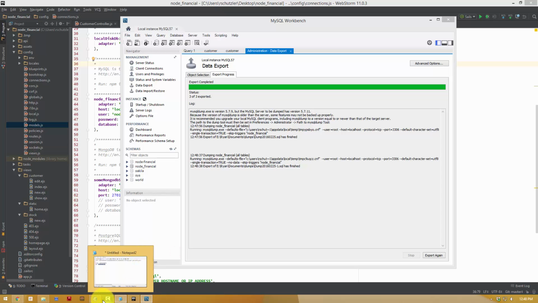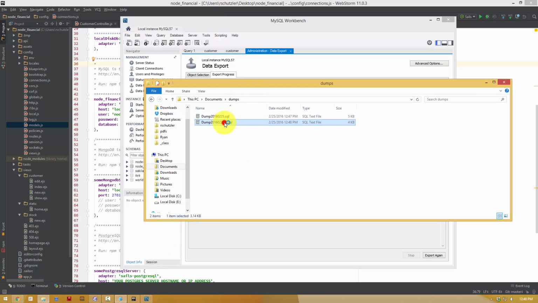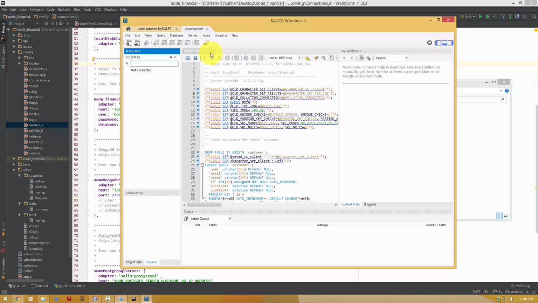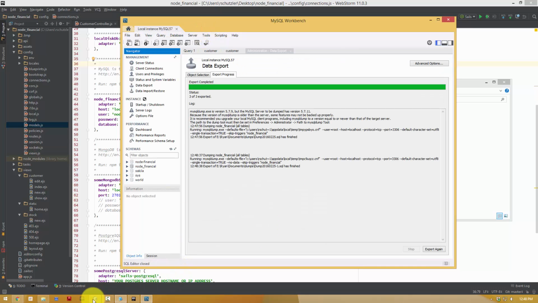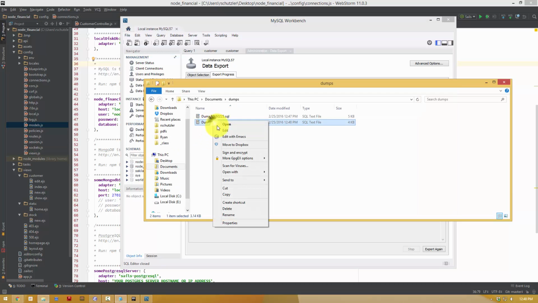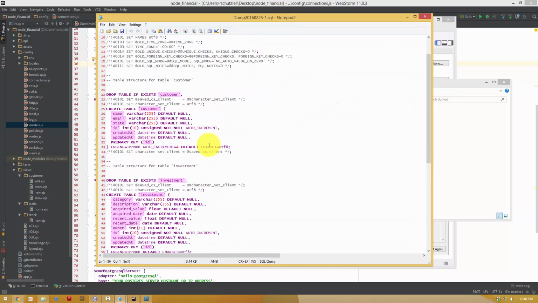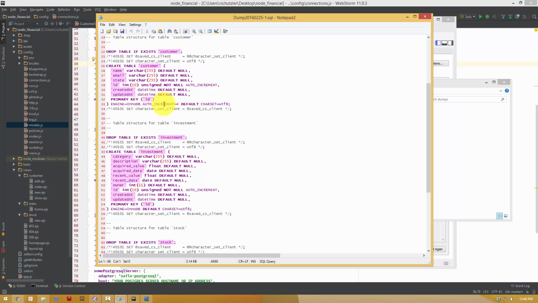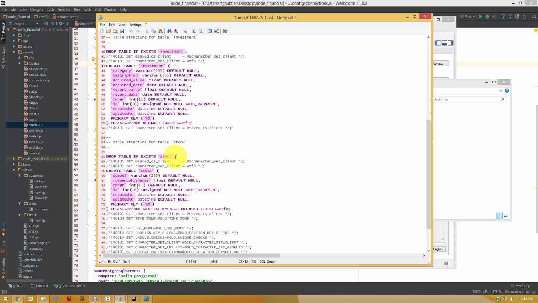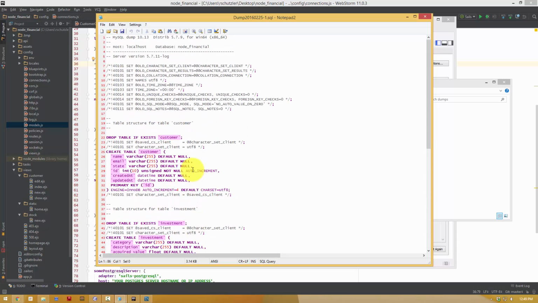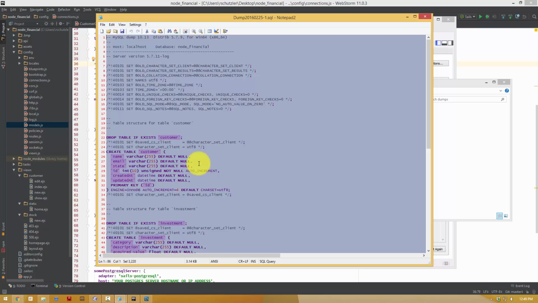And that's a new file -1. And that just opened it in MySQL Workbench. Let's open it in a text editor. So I can right click and hit edit. And this creates the structure, all of the information that we need in our database. So now I'm going to select all of that and copy it